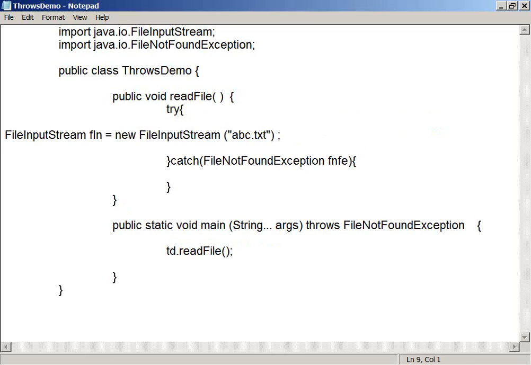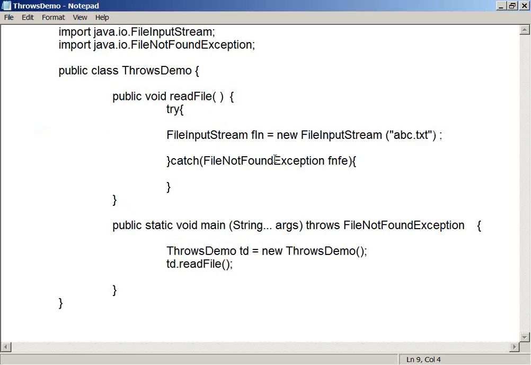So what I am trying to do in my program, this method which I am trying to use is reporting to me: if there is no file, I cannot open it. Then in that case it is reporting me by saying File not found exception. Right? Now I am handling it, because this is my problem. Never use throws. You should not use throws. It is absolutely possible to use throws, but it is not correct coding.